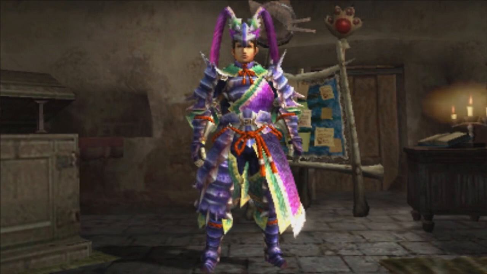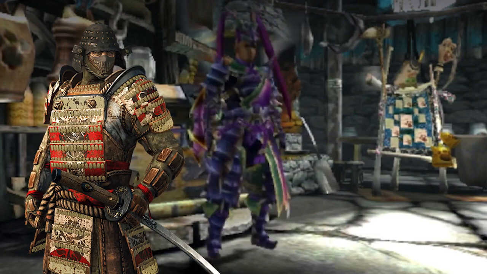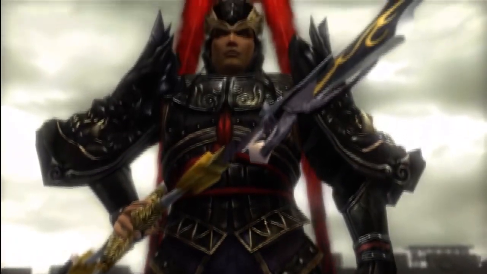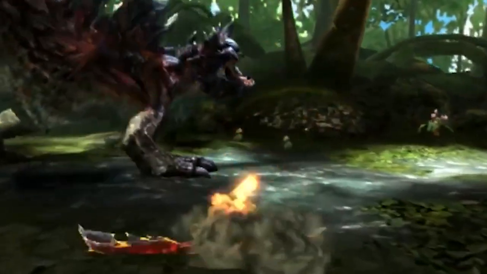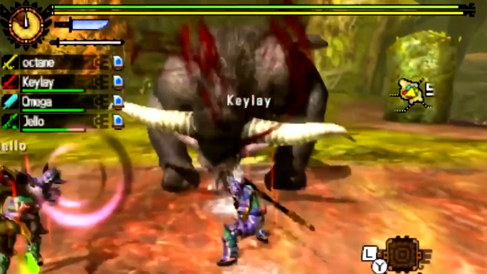Obviously it is very vibrant in regards to color scheme, but I personally find it to be rather remarkable, looking similar to samurai plating or the type of stuff you see in Dynasty Warriors, especially with G rank. That's getting straight Lu-Bu up in this bitch. Speaking of Lu-Bu, wearing this armor also makes me feel like a powerhouse, since it has an incredibly valuable assortment